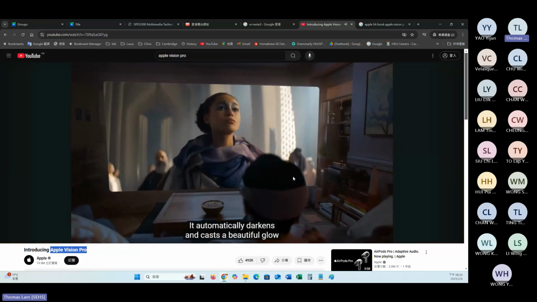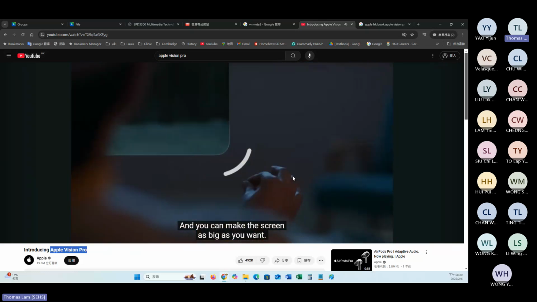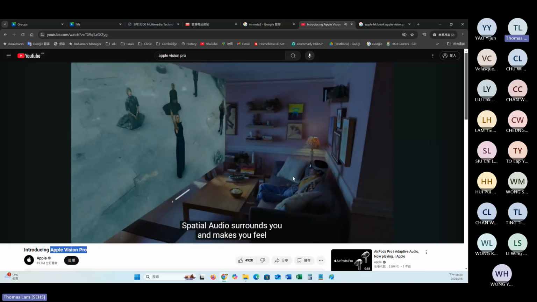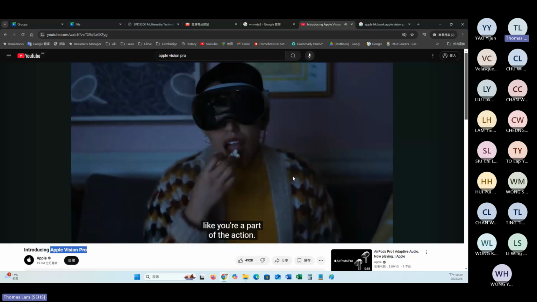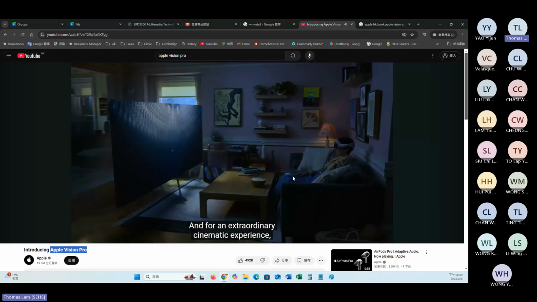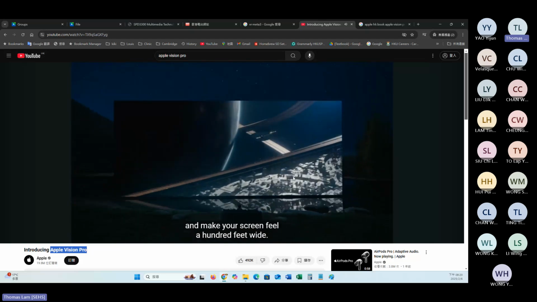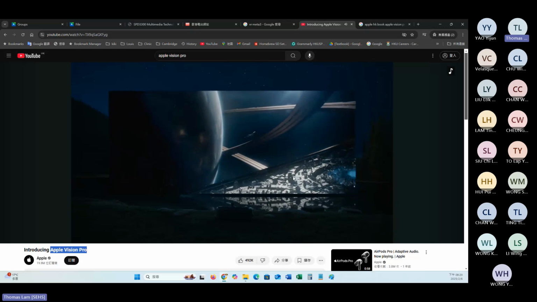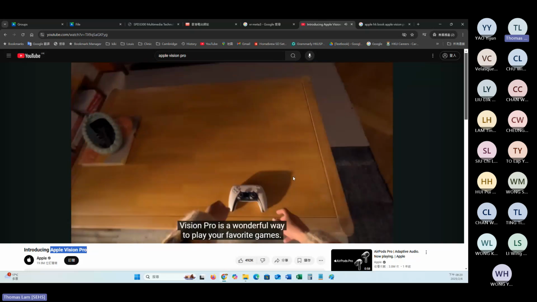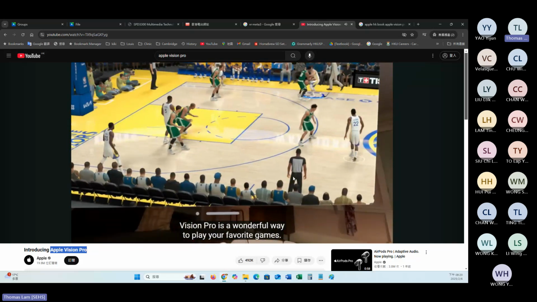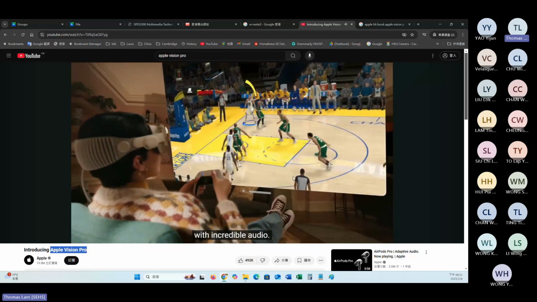It automatically darkens and casts a beautiful glow into the room. And you can make the screen as big as you want. Spatial audio surrounds you and makes you feel like you're a part of the action. And for an extraordinary cinematic experience, you can bring in a beautiful environment and make your screen feel 100 feet wide. Vision Pro is a wonderful way to play your favorite games. Curry against Smart. Just connect your controller and play on a massive screen with incredible audio.